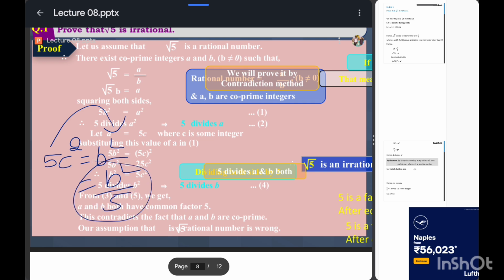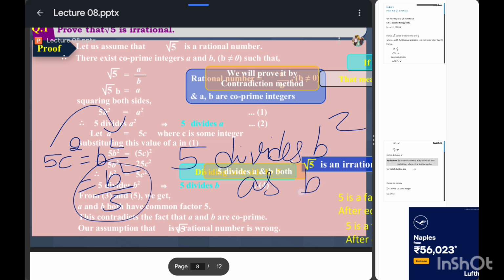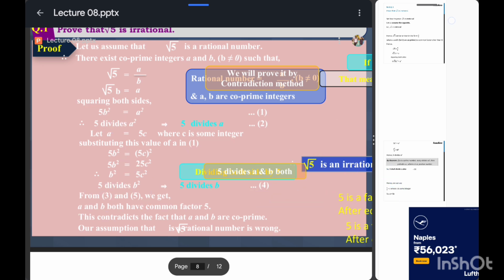We can tell this as 5 divides b square, so 5 divides b also. This is taken as equation 4, or we can mention any one of the namings. From equation 3 and 4, here we have written equation 3 and 5, we get